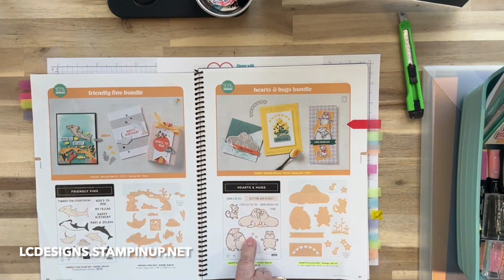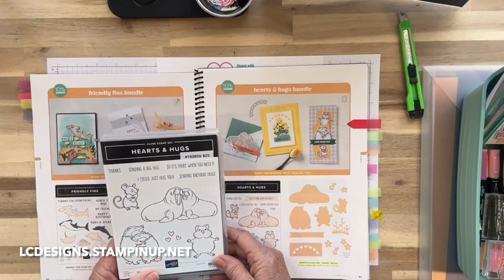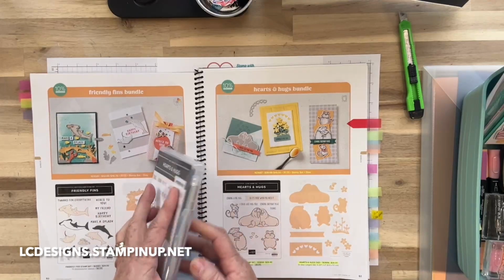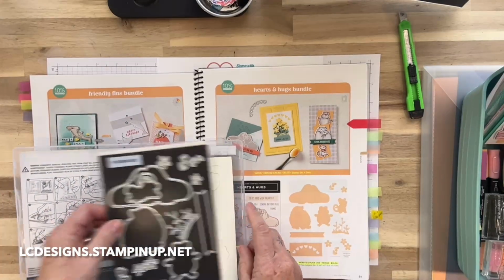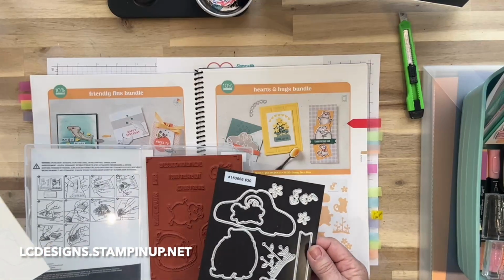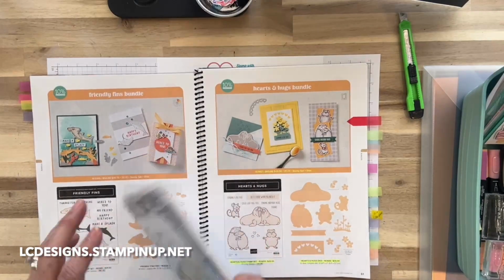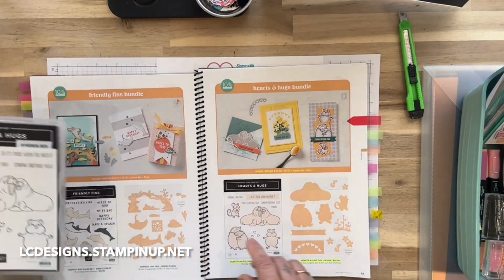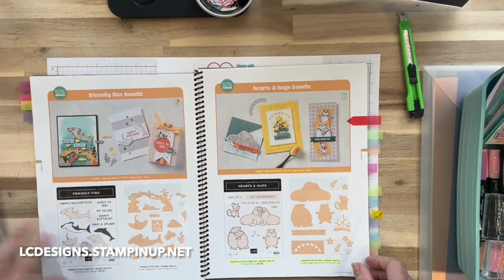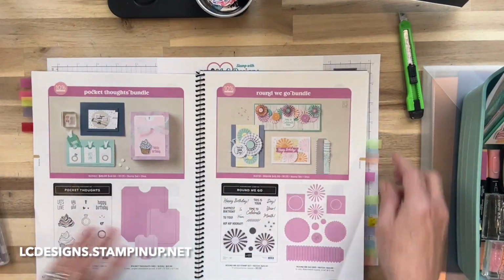And the next tab, so I have this one. I have not had a chance to play with it. You know, my trip to California, I had to take it, I haven't even put it together yet. But here's the stamp set and the dies. This one was cute. We've seen some adorable projects with it in Houston. So I just wanted to show you that. Cute, cute, cute. And you know, oh, as I was saying about the